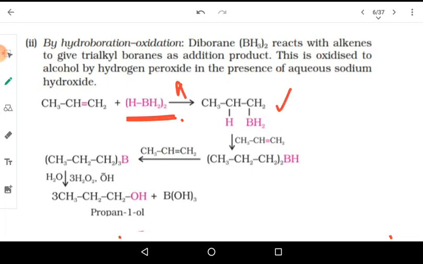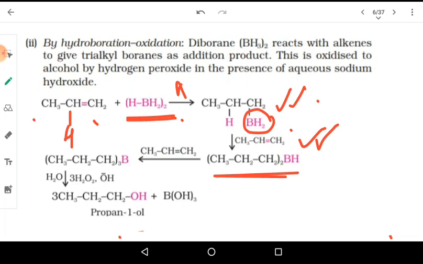So we will be getting this particular molecule, CH3CH2, and here we have a CH2 and a BH2 attached over there. Now this is reacted with a molecule of the same alkene, and as a result we will be getting this molecule here, and we have to treat it again with alkene. So remember, here we have two times the same molecule. If I am treating that again with the same alkene, we will be getting three times the same molecule, and the maximum covalency of boron is also satisfied.